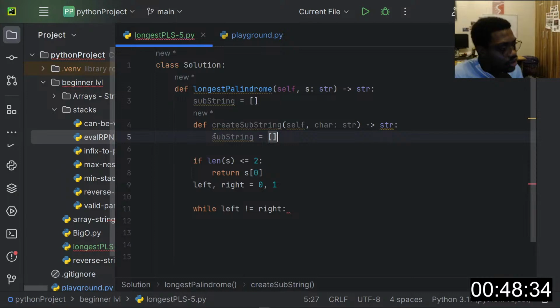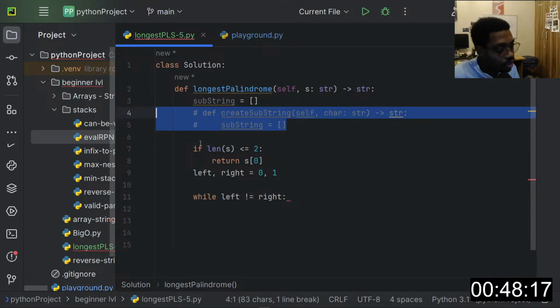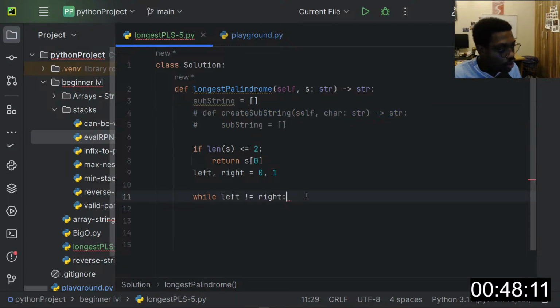All right, so this is substring. We want to append an item to a string. I don't think we even need a function at this point. We don't need a function here. I wanted to create a custom function to handle that for me, but it seems it's just too much. So what I'll do instead is,